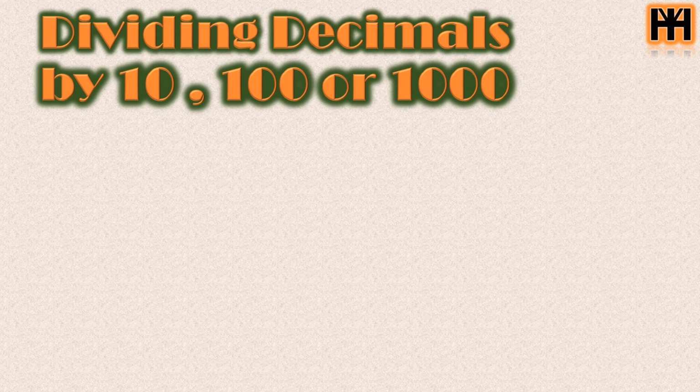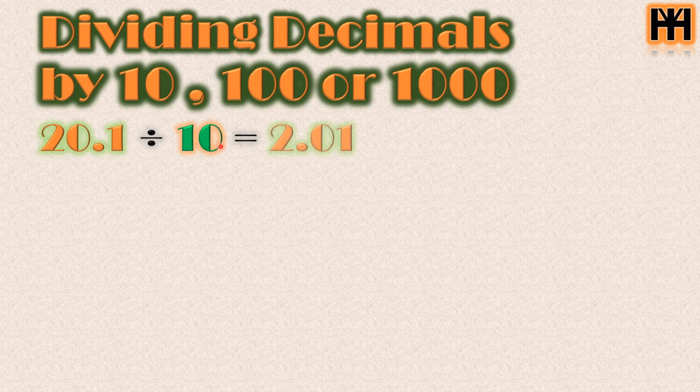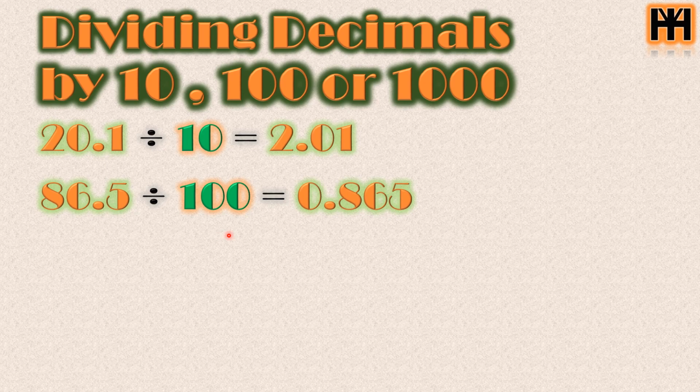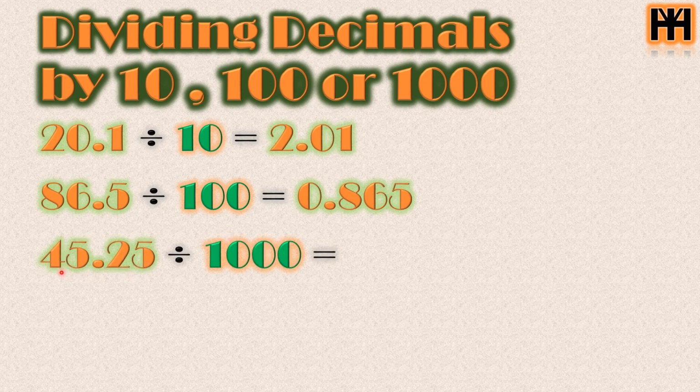Dividing decimals by 10, 100, or 1000. Now let's say we have 20.1 divided by 10. So it will jump to the left once, and the answer will be 2.01. Now we have 86.5 divided by 100. So it will jump to the left twice, 1 and 2, so the answer will be 0.865. Now we have 45.25 divided by 1000. So it will jump to the left 3 times, 1, 2, and 3. The 0 will go here. So the answer will be